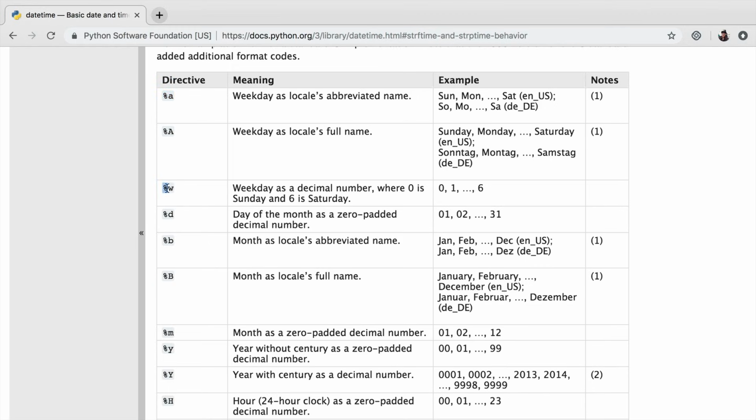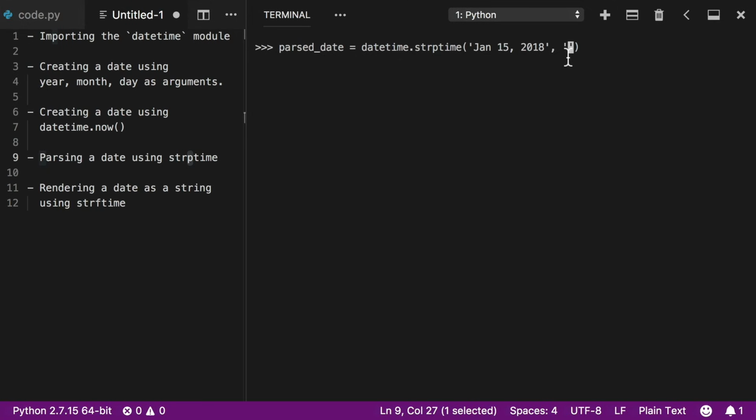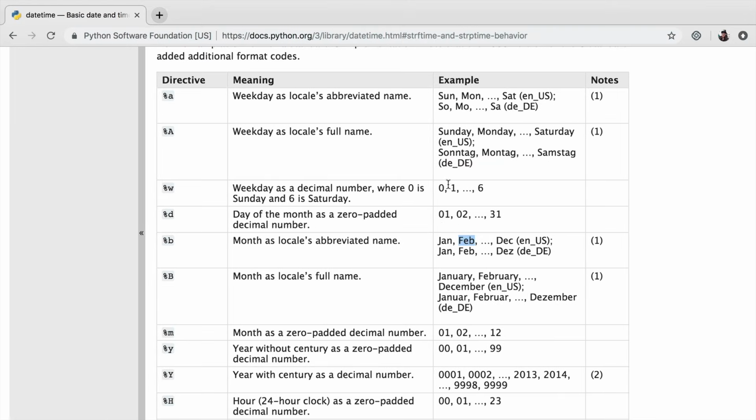So I'm going to use this % sign, and then we're going to use one of these letters. And these are going to represent different things. For example, if you look down here, I can use %b to represent month as a locale's abbreviated name. So %b will stand in for a 3-letter abbreviated month name. So over here, I can put %b just like that. And that's going to tell Python that the first thing in this string is going to be the month. Then I can put a space, and now I want to find the format string that I need to use for the day. So in this case, we can look over here on this helpful chart, and you can see here %d gives us the day of the month.